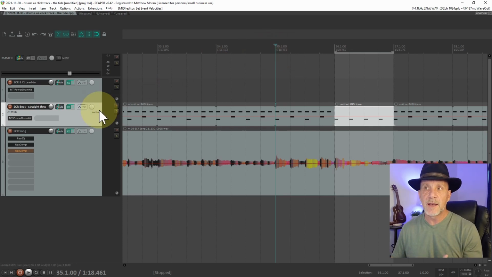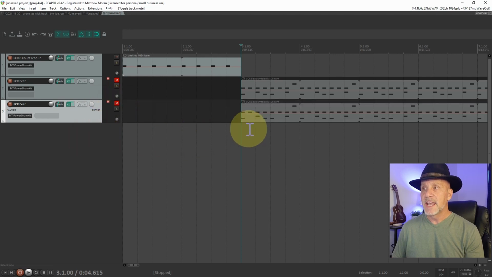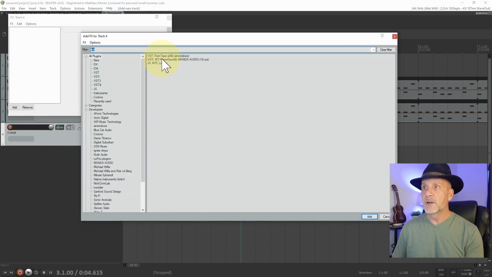So this is how you set up MT Power Drummer as your MIDI drum track. You can do it with really any drum editor. I just use this one because it's free, it's available, it works great, and there's some other things you can do with it, and this is the last thing I'll really show you. One of the things that MT Drummer has is a bunch of preset beats. So if we wanted to, I could mute both of these tracks, and let's just say we wanted to add another track. We can go to MT Drummer,